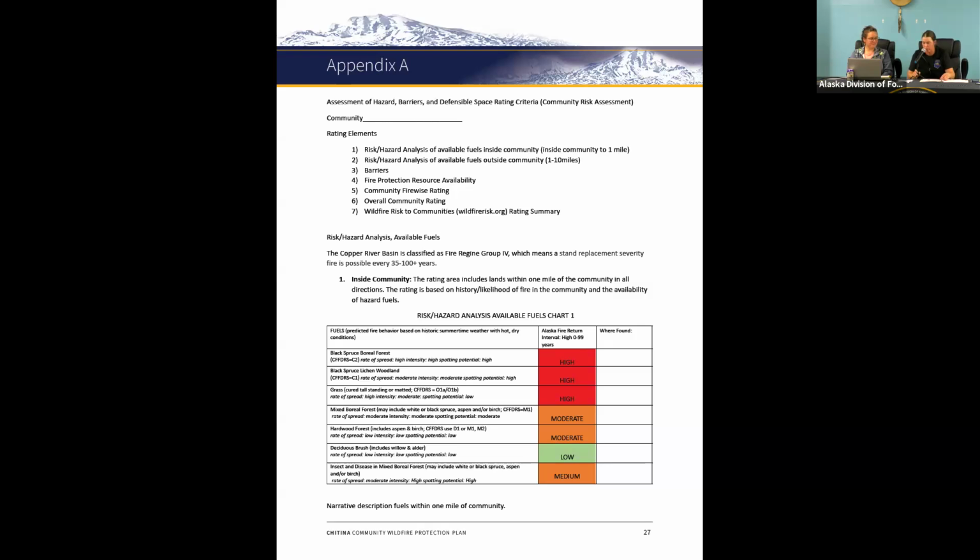The fuels showing high are the black spruce boreal forest spruce model, the black spruce lichen woodland model, and dry and cured grass. Now these all have a fire rating of high, and on your map those fuels show up in the color coding of red. More moderate fuels include what is called a mixed boreal forest, which is a spruce and hardwood mixed forest, and a hardwood forest. The leaf trees have a little less fire susceptibility than the needle trees.